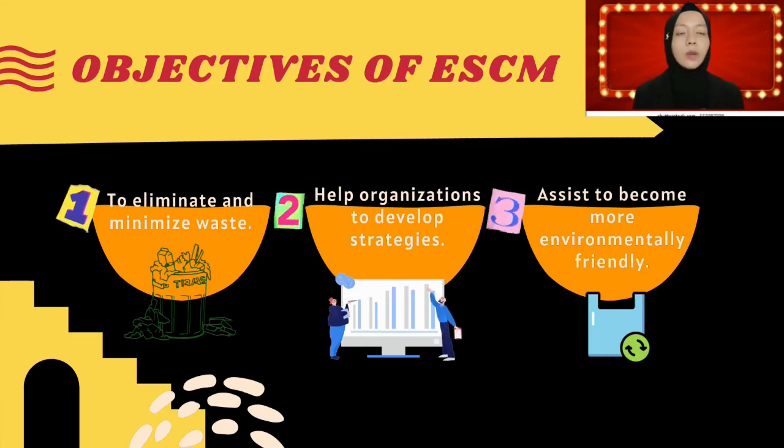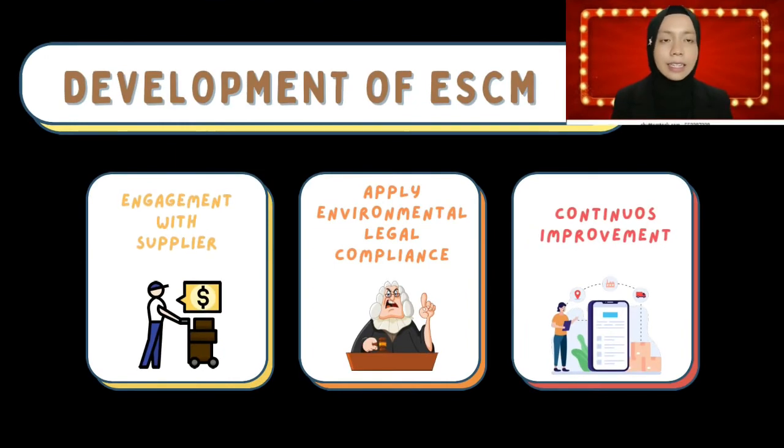And lastly, it will make the company that is involved in environmental supply chain management become more environmentally friendly. Okay, next is about the development of environmental supply chain management. So firstly, we have to have engagement with suppliers. Okay, why do we need to work with suppliers? Because we can identify the sources of pollution, we can implement measures to prevent the pollution, and measure our